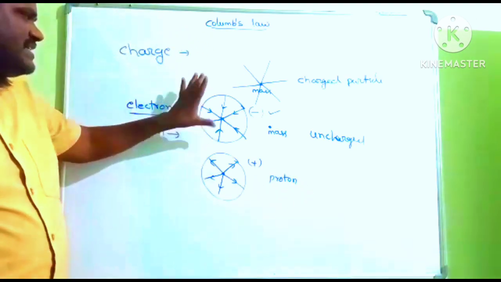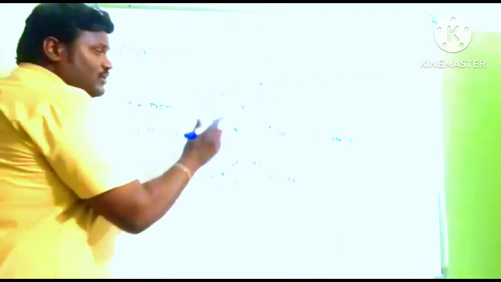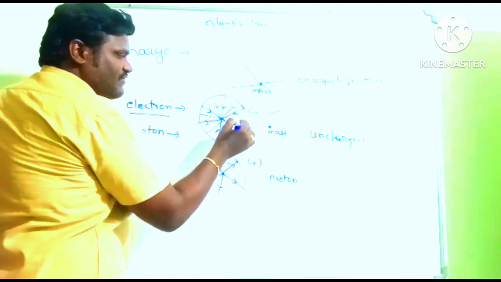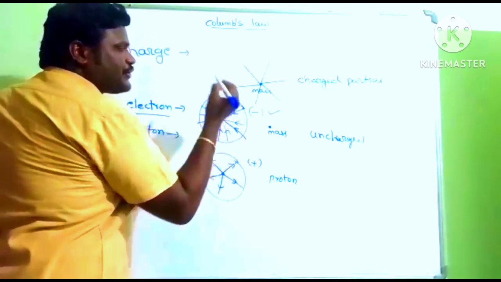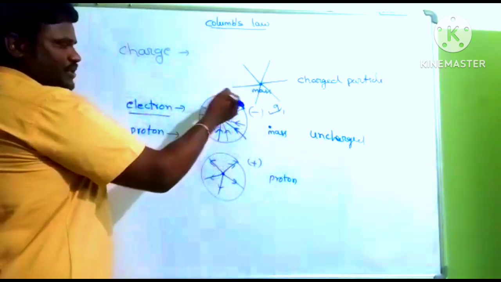So here an electron is a charged particle which contains electrical forces of lines. And the number of these electrical forces of lines is called the magnitude of the charge, which is like Q1. The number of electrical forces